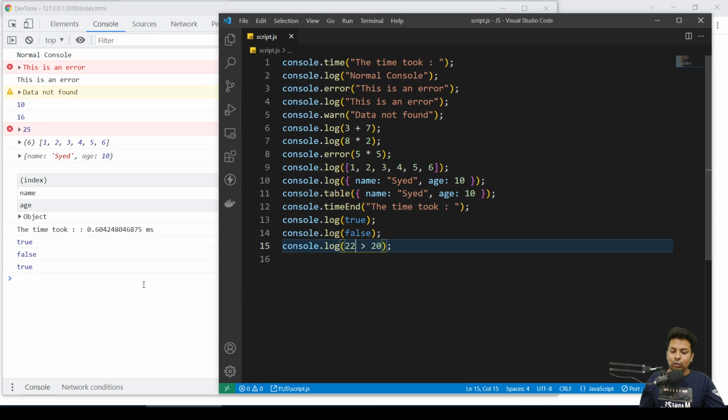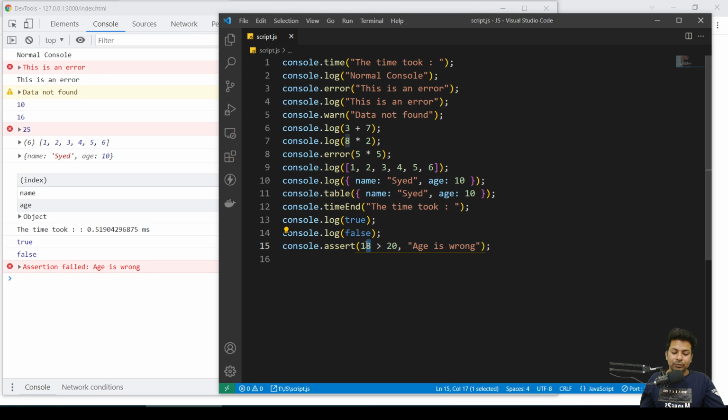Now I want to do something when this condition changes, so I'll just say assert. Okay, save it. Now see, it's not printing. I'll say age is wrong. See, not printing. So this will only print when the condition is false. So if I say 18, see, 18 is not greater than 20, so it will say age is wrong. See, assertion failed, age is wrong. So whenever it gives you a false value, then this will print.